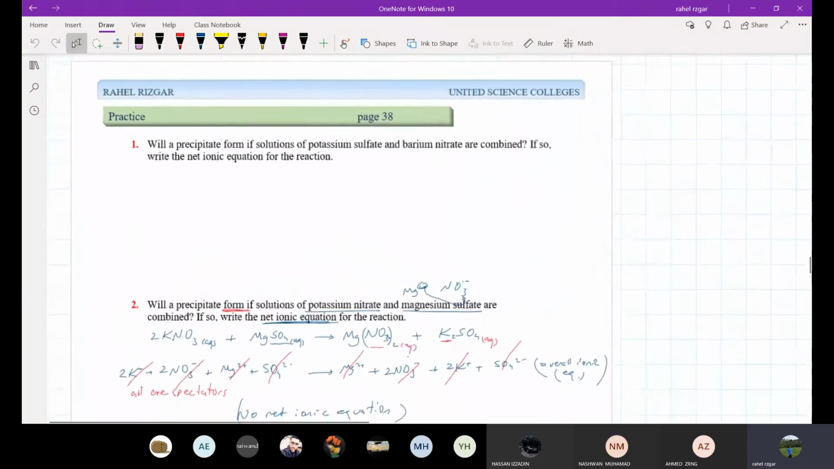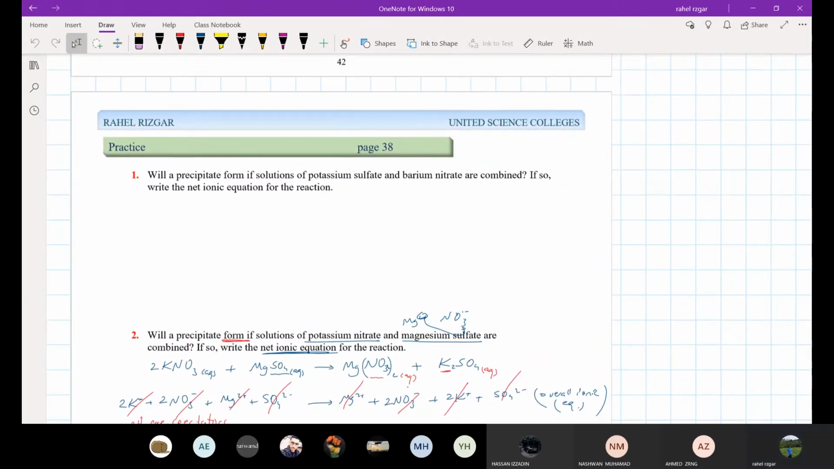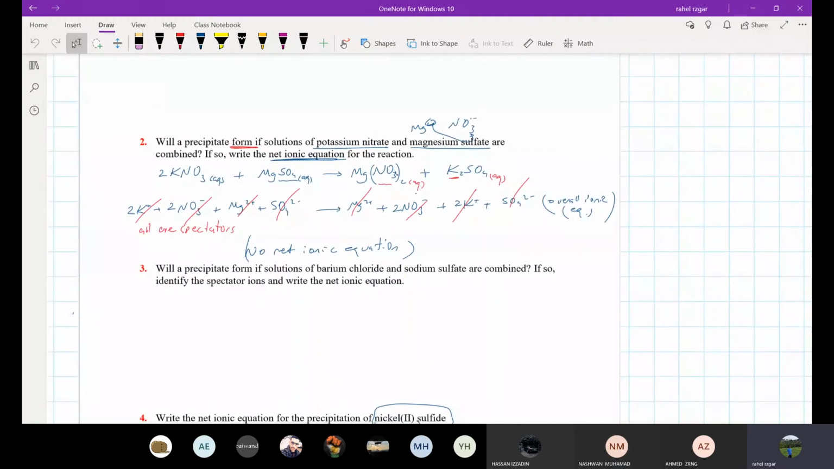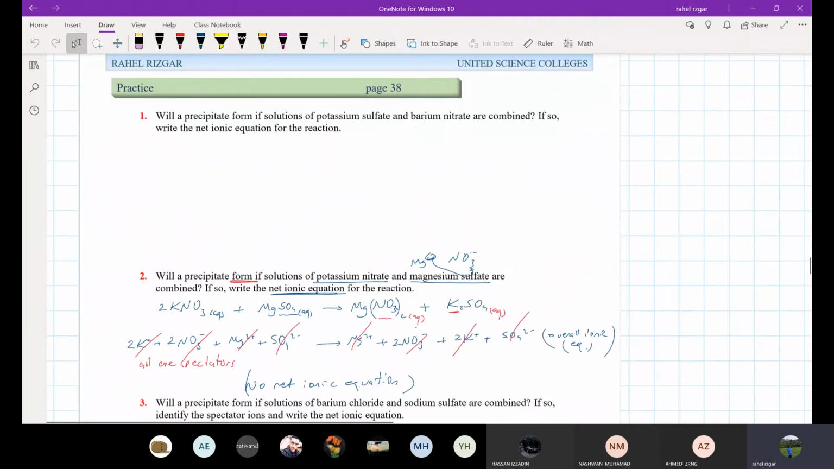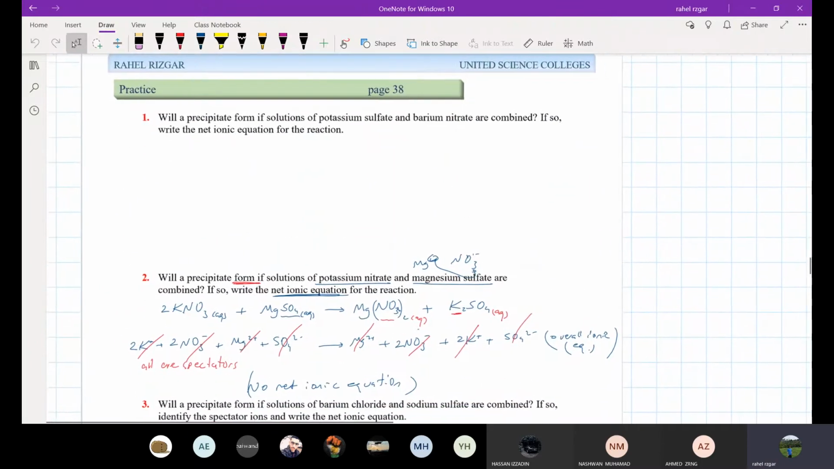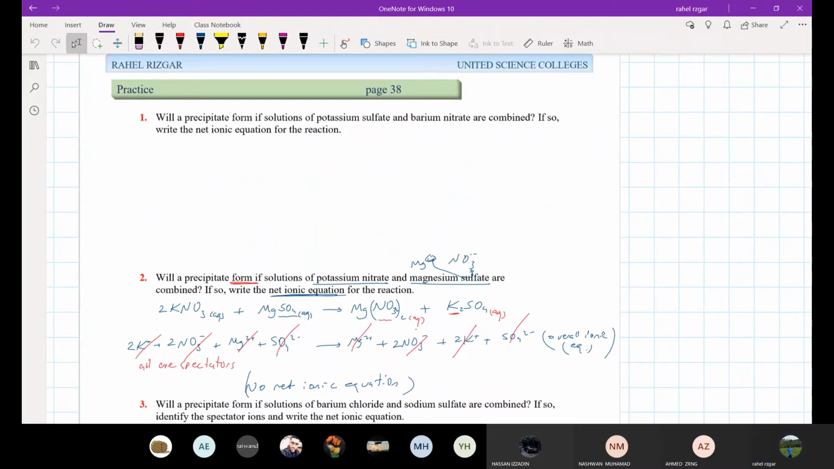But for example, let's solve question 1. I'm going to post the question 3 solution afterwards. Question 1: will a precipitate form if solutions of potassium sulfate and barium nitrate are mixed? What is potassium sulfate? Potassium is positive 1, sulfate is 2 negative. The 2 goes here, the 1 goes there, then it becomes